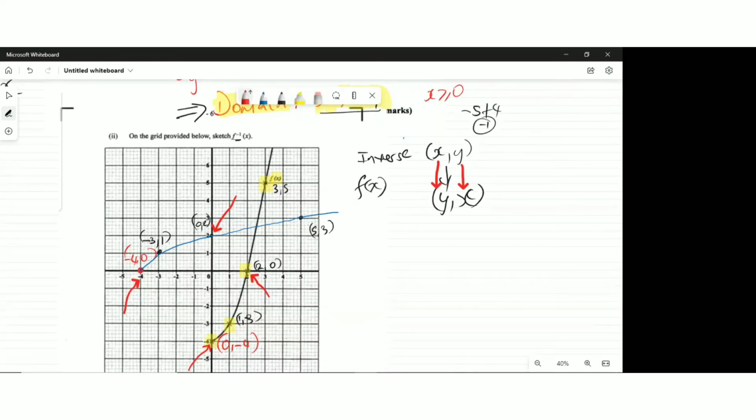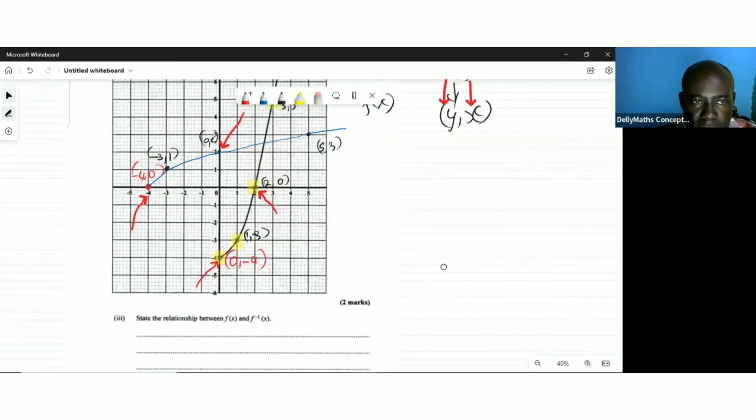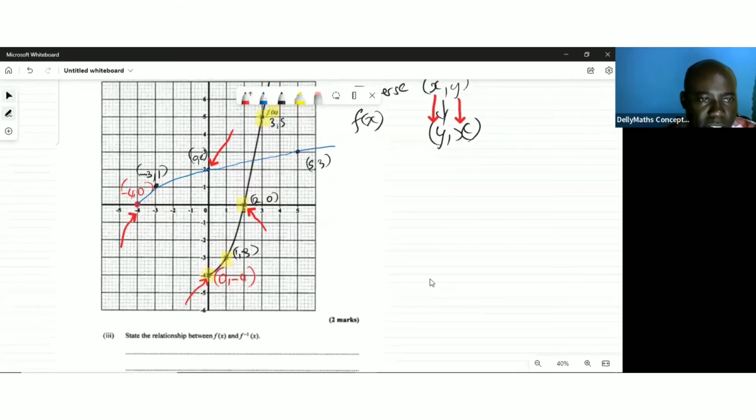Yes, sir. Now they want us to state the relationship between f of x and the inverse. All right. What do you think? Let's look back at it. If you really look at this here,